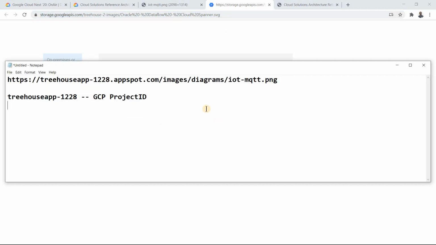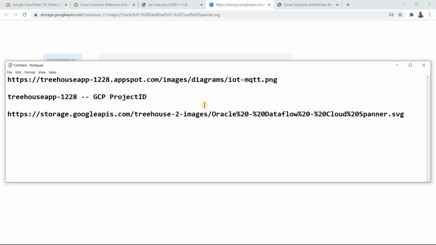Now I'm back in my notepad. If I copy this URL, what does this strike you? Take a minute to think about it. Awesome. If you have figured it out, that's really cool. What you've come to know is that this is your bucket name. This entire thing is served from a Google Cloud Storage bucket. There's no harm in serving static images from a Google Cloud Storage bucket. But what they have done is exposed the entire bucket to the external world.